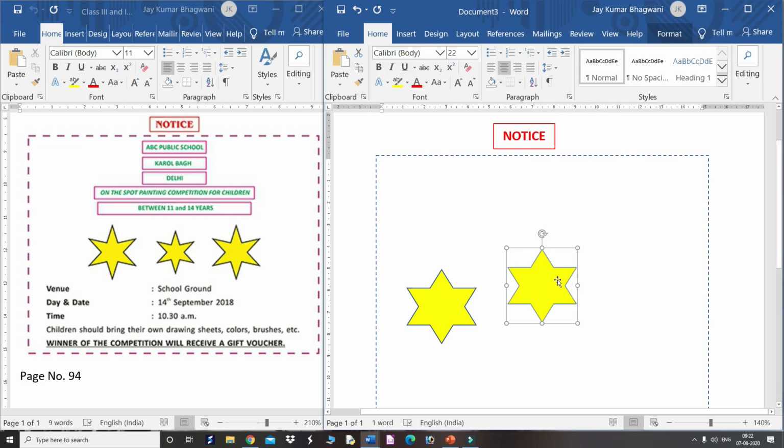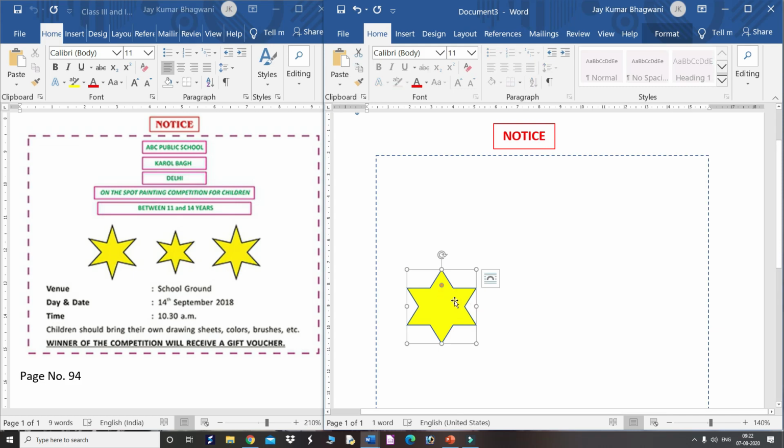See, this object is not moving, right? A better way I'm telling you: just click here, press the Control key and hold it. Hold the Control key on the keyboard. So see how the sign is appearing. Then click and just drag it like this. See, the object has doubled. I have not released the Control key on the keyboard. You keep it pressed. Then again click and drag it. So see how beautifully I have copied the contents.